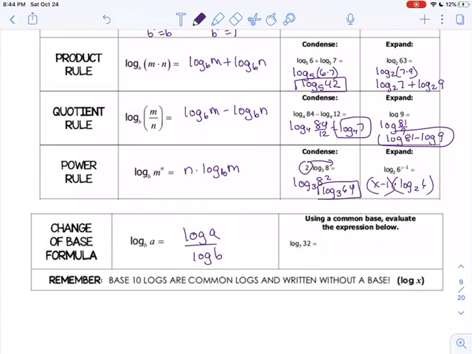Okay, and change of base formula. So that one we did previously. So log base b of a is just log of a divided by log of b. So if I have log base 7 of 32, I say log of 32 divided by log of 7. And I could do that in my calculator, okay? And you actually get an answer. So base 10s are the